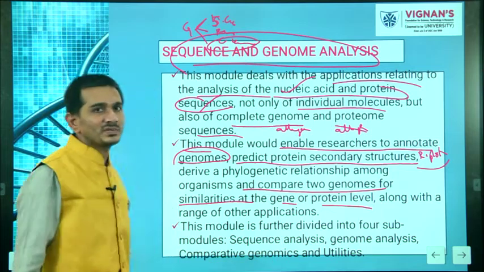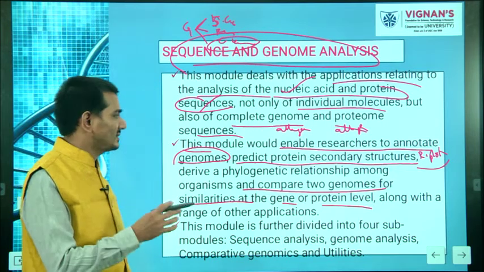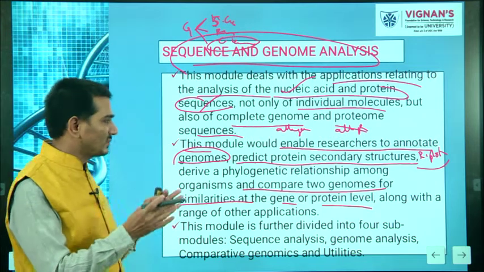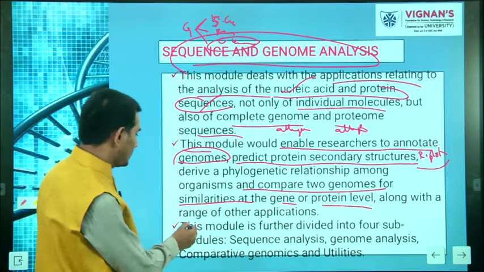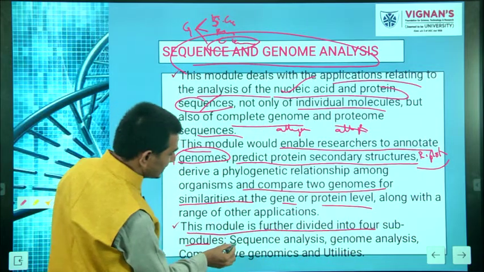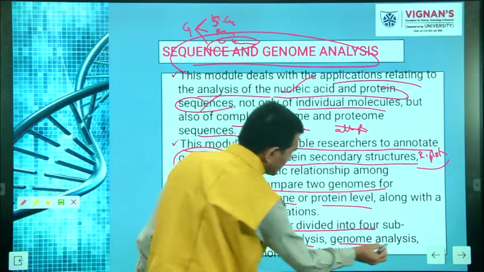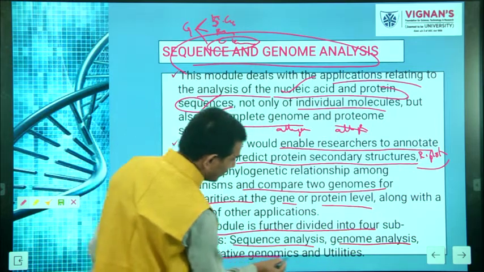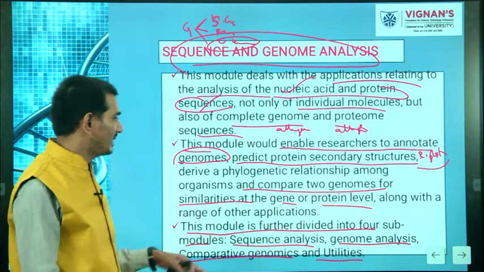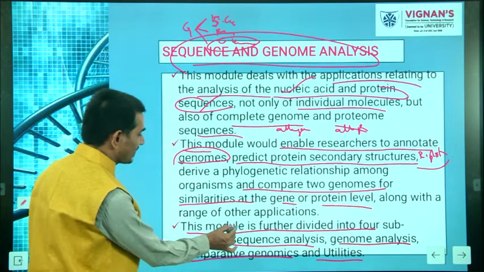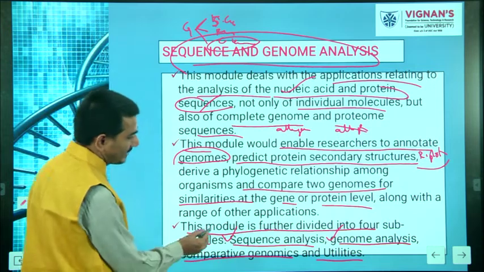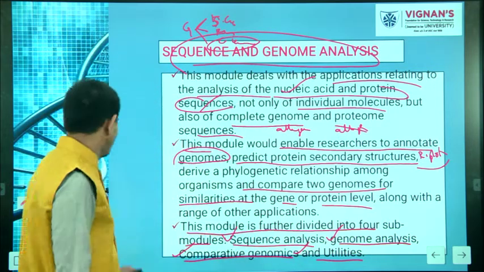So, in the field of comparative genomics, we are trying to compare the genomes of different organisms, so that we will see how much amount of the genome is conserved between the two organisms. And this module is further divided into four sub-modules: sequence analysis, of course, genome analysis, comparative genomics, and then utilities. So, this first module, that is sequence and genome analysis, is subdivided into four sub-modules. First one is performing sequence analysis, second is genome analysis, third one is comparative genomics, and fourth sub-module is the